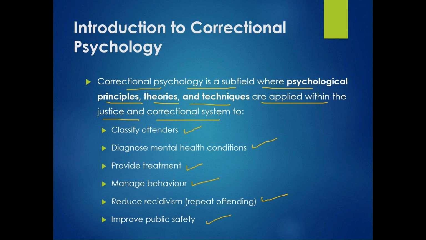Let me give you an example. Imagine someone has committed a violent crime. Why did they do it? Was it impulse control, childhood trauma, psychosis, or maybe substance abuse, or lack of coping skills? A correctional psychologist tries to find these answers. Their job is not to punish, their job is just to understand behavior, identify psychological issues, and help reduce the chance of the person committing the crimes repeatedly. So, the goal is not just to keep the society safe today, but also to prevent crimes in the future. So, this is what is correctional psychology all about.